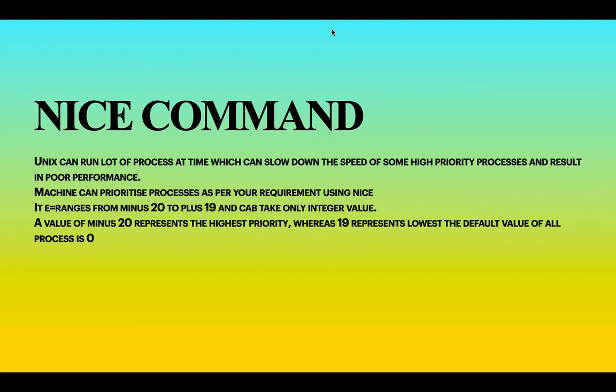So the next command is the nice command. The nice command has a lot of significance in Unix. Unix can run multiple processes at a time, so if you run multiple processes at a time, obviously the system's performance will be less. There will be some process which has to be given the highest priority, but in spite of running multiple processes, it is not given proper priority. How do you set a priority? Then you will use the nice command. The nice command will give high priority to the process, and then it will not result in poor performance. So that particular process's priority can be enhanced using the nice command.